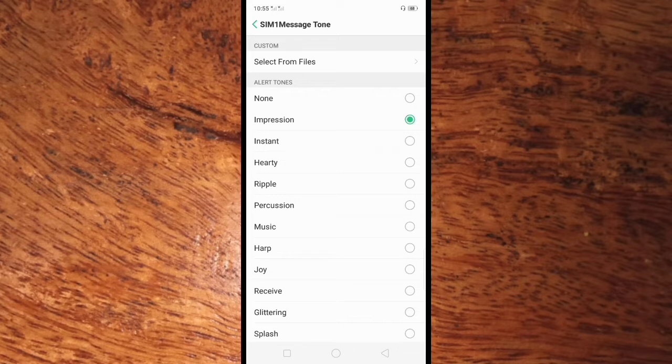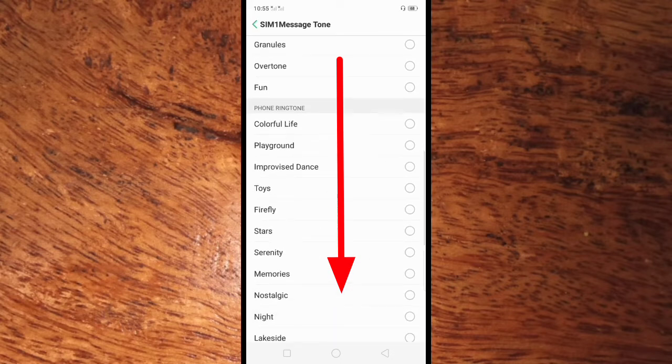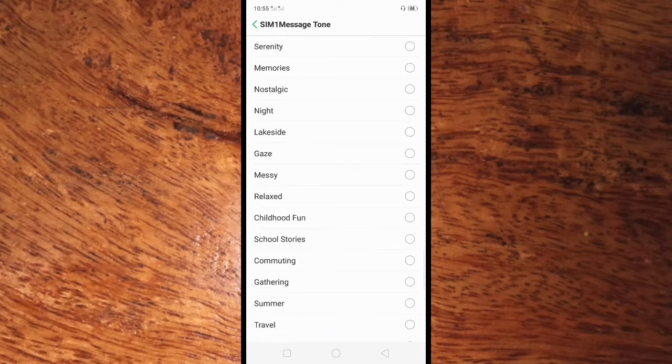message tone. And here in SIM1 message tone, there are options of tones. Scroll down for more. And I changed my SIM1 message tone, so the SIM1 message tone of my Oppo A5s was